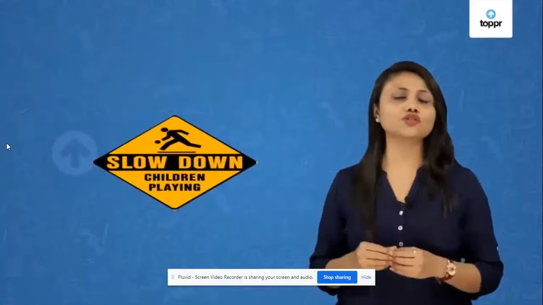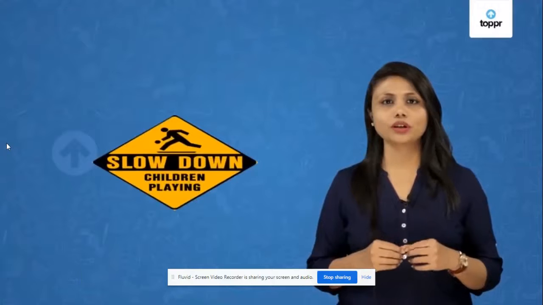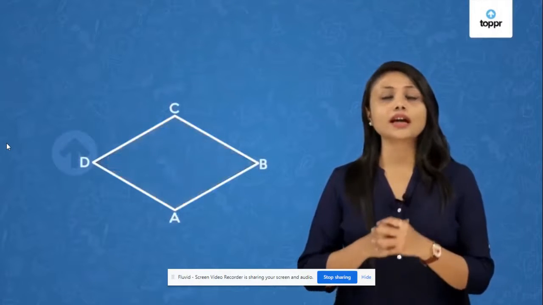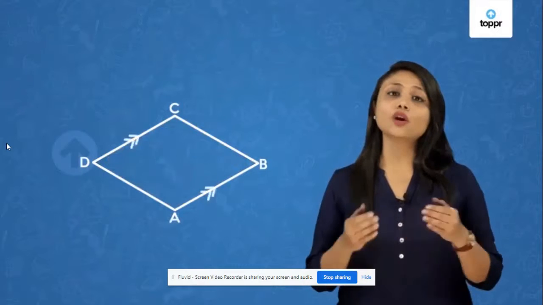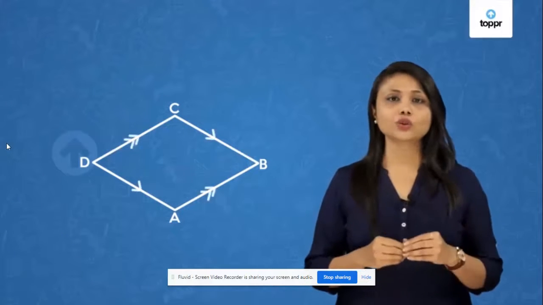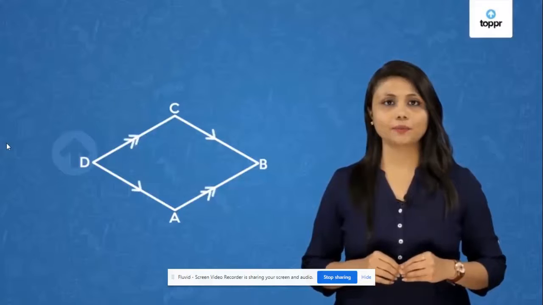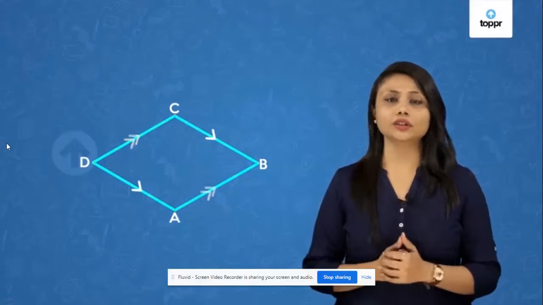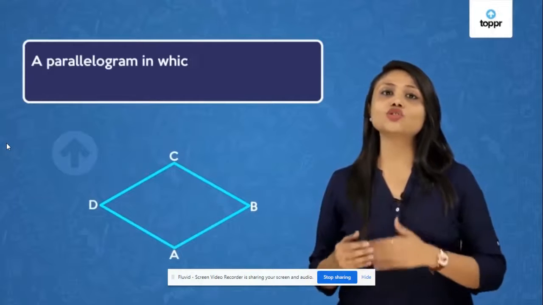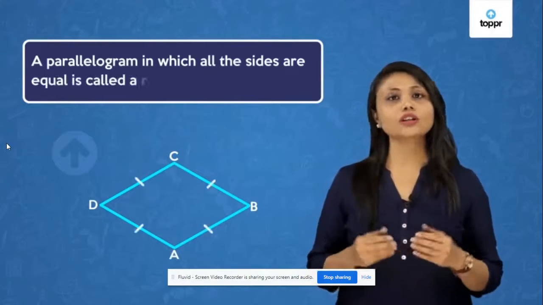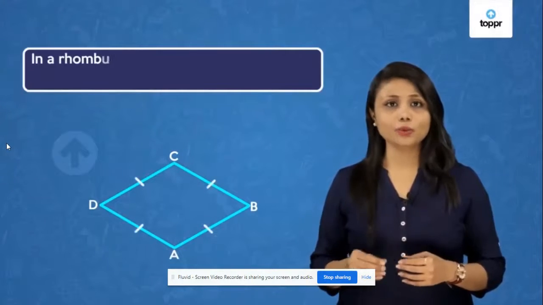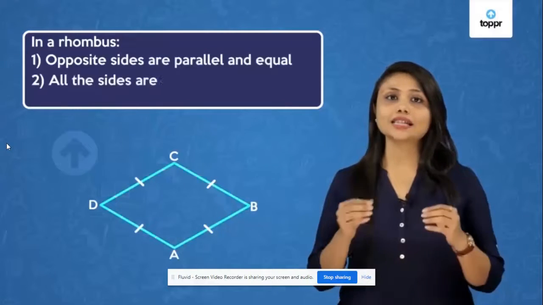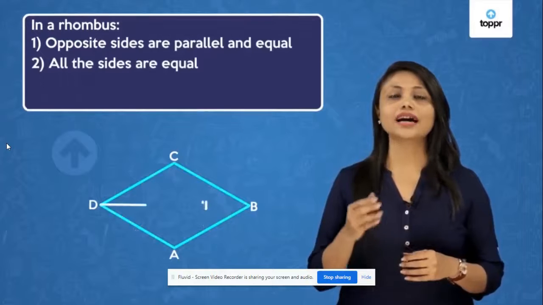The next picture is that of a signboard. If we draw the outline of the shape, it will look like this. In this figure, you will observe that opposite sides are parallel. So the shape is definitely a parallelogram. Also, in this parallelogram, all the sides are equal. A parallelogram in which all the sides are equal is called a rhombus. So in a rhombus, all the properties of a parallelogram exist, all the sides are equal, and diagonals are perpendicular